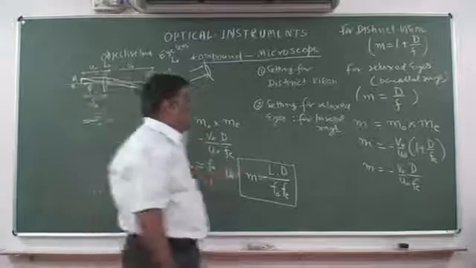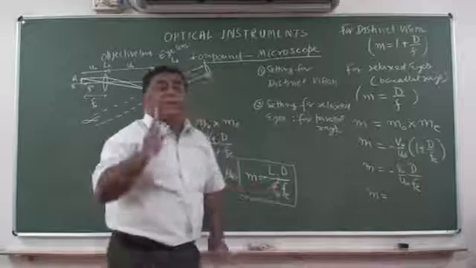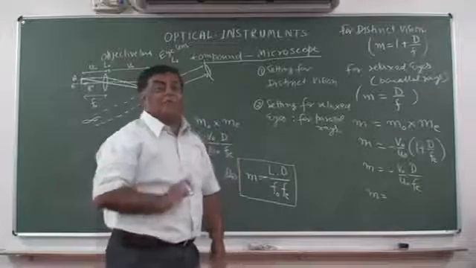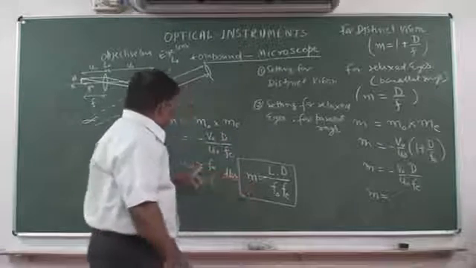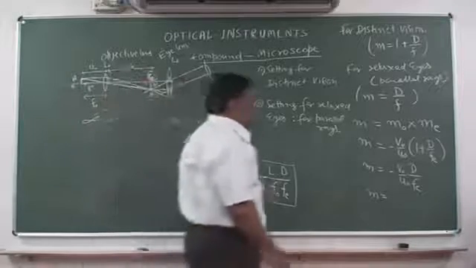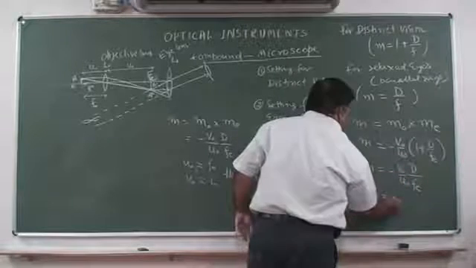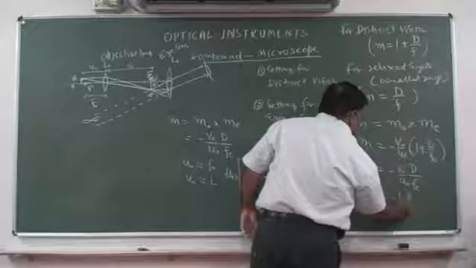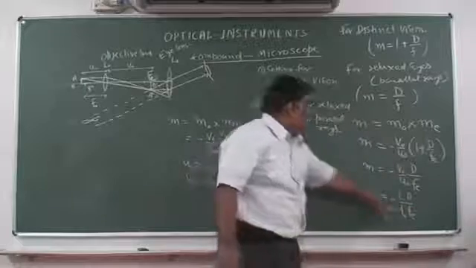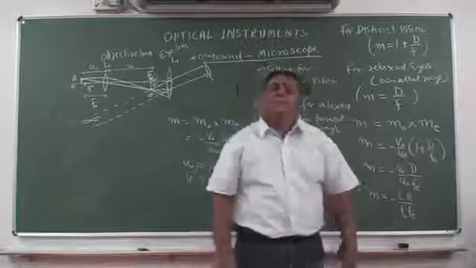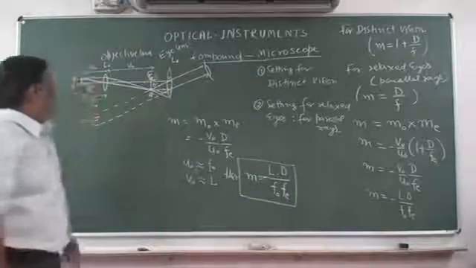So this is a general formula, but once again I warn you, this is not to be used in your calculations. Avoid using it unless you are making a very rough calculation, because this is made by a lot of approximations. So we will make numericals, you will see that we are using these types of formulas. So M is equal to minus L D upon FO FE. This tells us about the relation of focal length and magnification of the compound microscope. So this is all the description of the compound microscope.